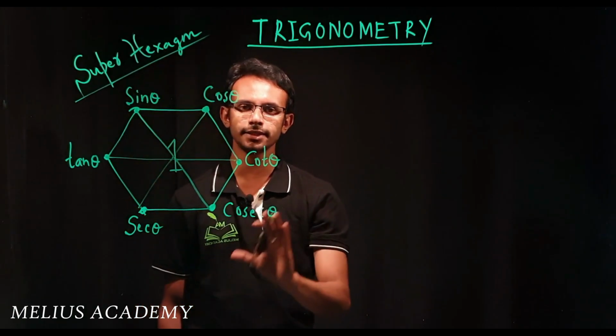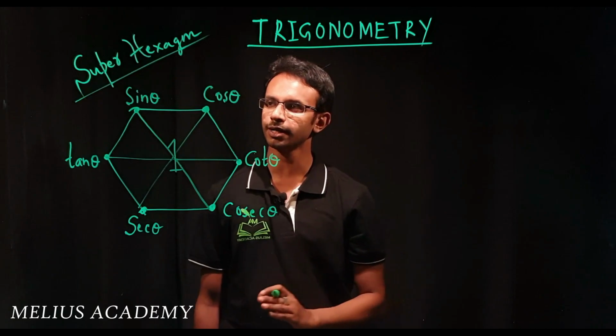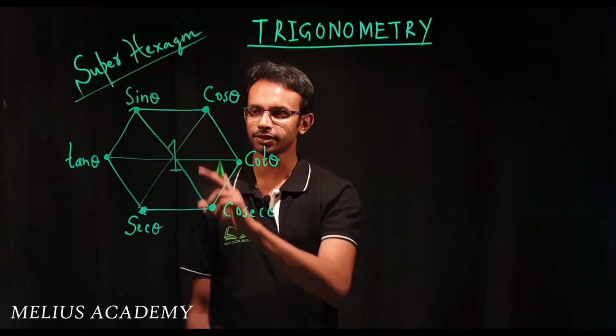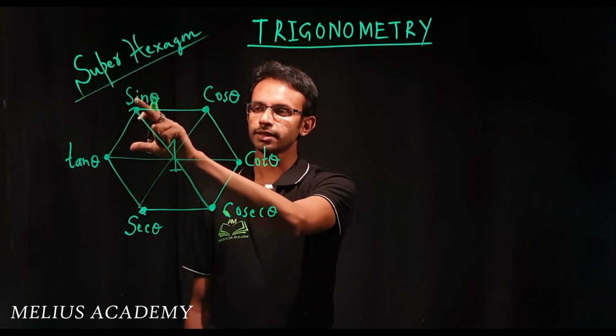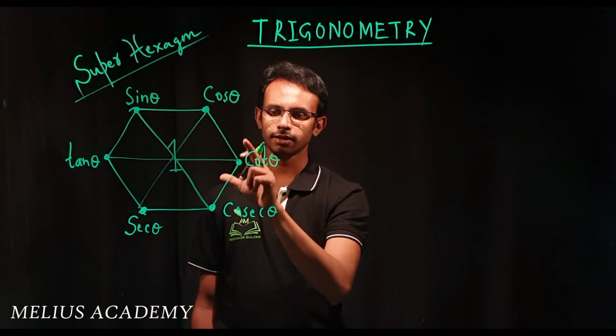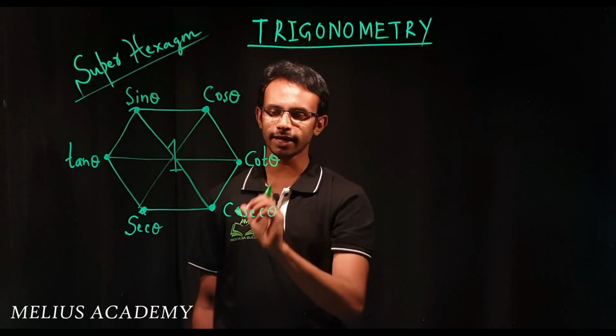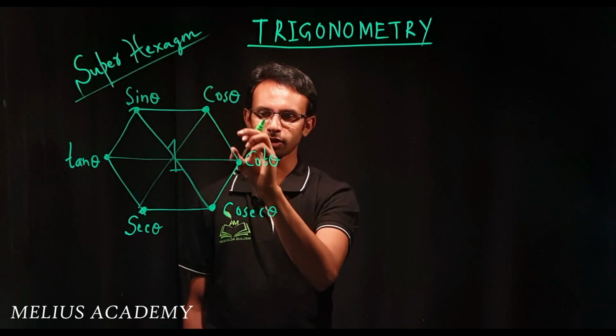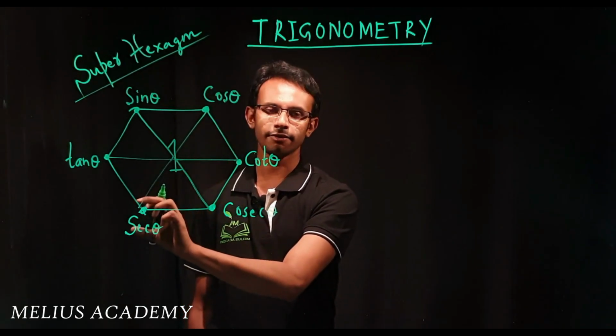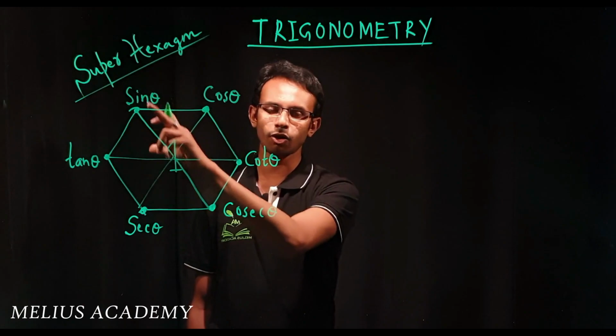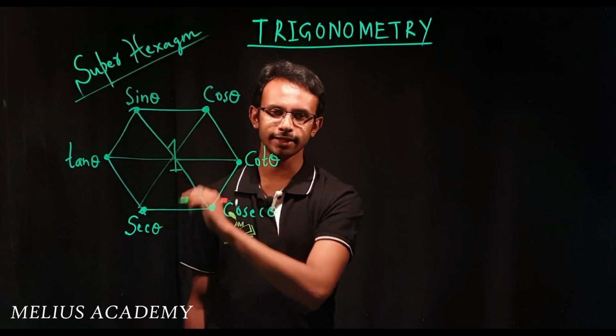So this is the structure of the hexagon that you should remember to learn all these identities. Tan theta to start with, then sin theta, cos theta, cot theta is exactly opposite to tan, and this is cosecant because all three vertices are from C, and then the left out function is secant theta. Join all the diagonals and put 1 in the center.